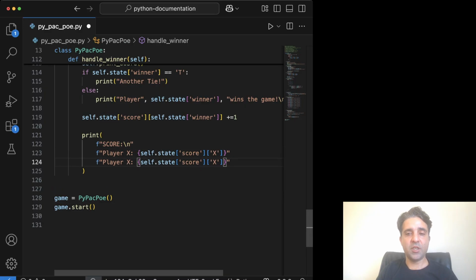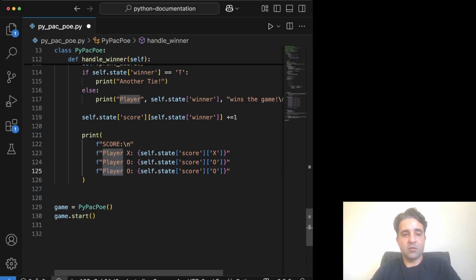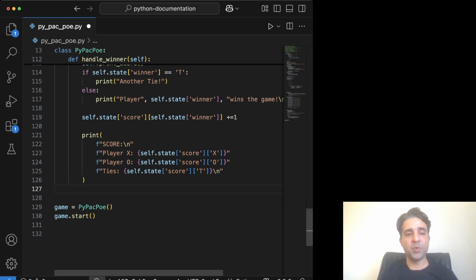And then we say f-string player O, and then we say f-string, instead of player we say ties, self.state score and T. And then maybe we can add a new line here as well. So we print this,